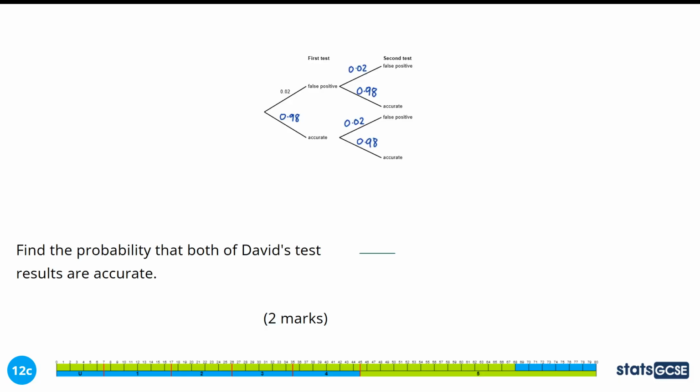Find the probability that both of David's test results are accurate. With a tree diagram, we always start here. And if both of the tests are accurate, we're going to go down here, and then we're going to go down here. And all of the probabilities we collect along the way, what we're going to do is multiply them together. Because in probability, the word and, accurate and accurate, means times. 0.98 times 0.98 is